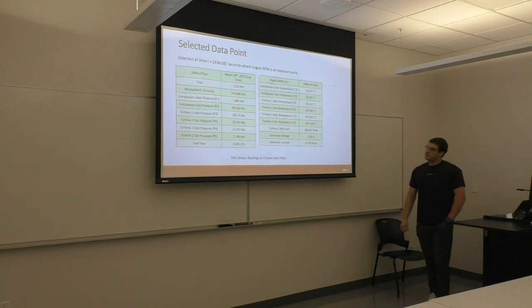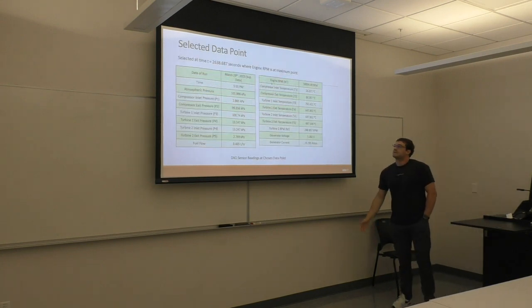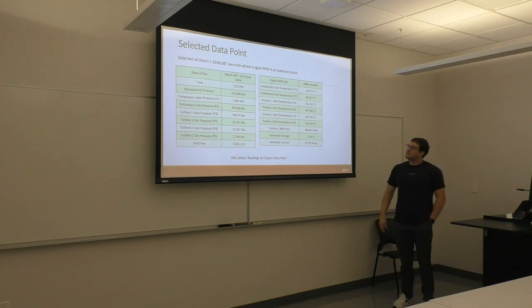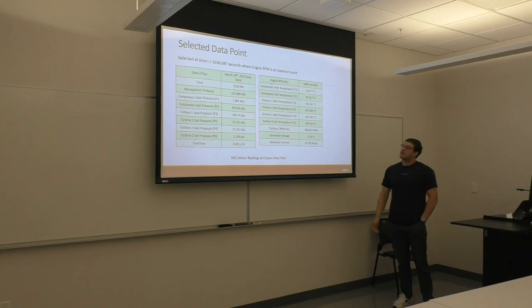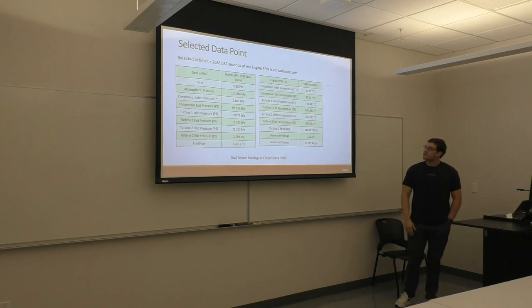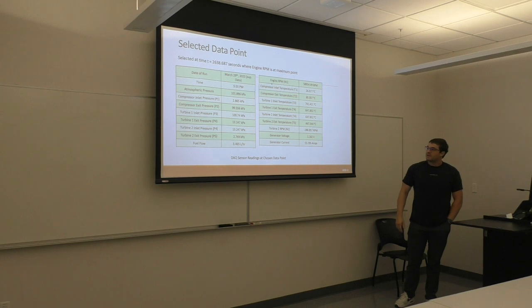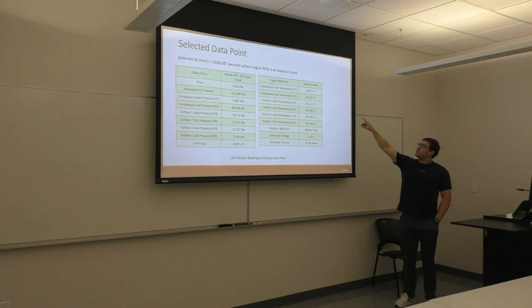The data selected was at the time of 2,638 seconds. The time is very arbitrary, it doesn't matter. The atmospheric pressure, which was calculated earlier, is 101 kPa. Compressor inlet pressure was 2.86. Compressor exit, 99. Turbine inlet, which is going to be important, is 100. My main engine RPM in turbine 1 is